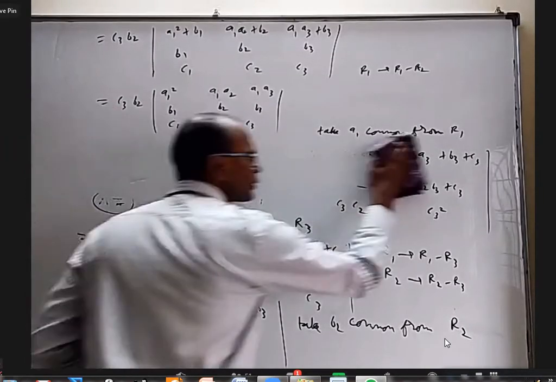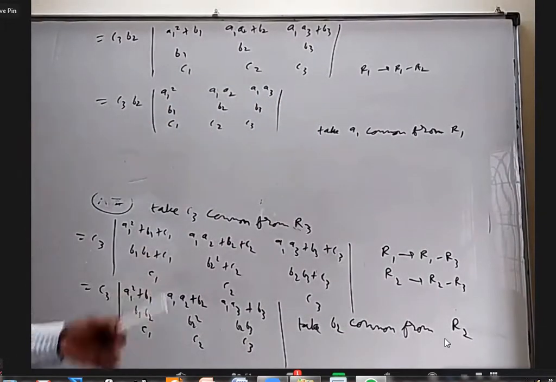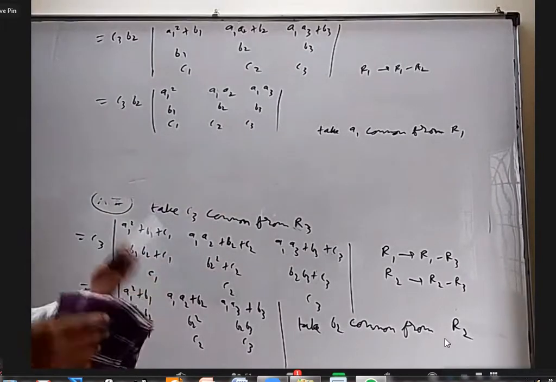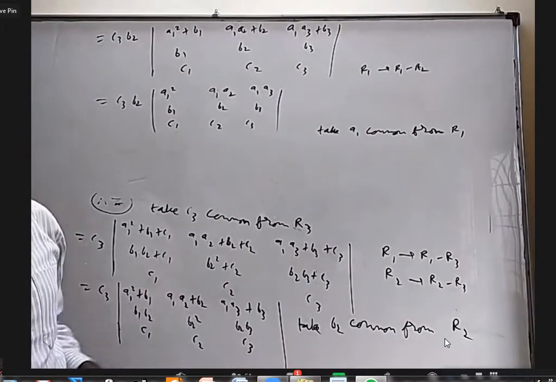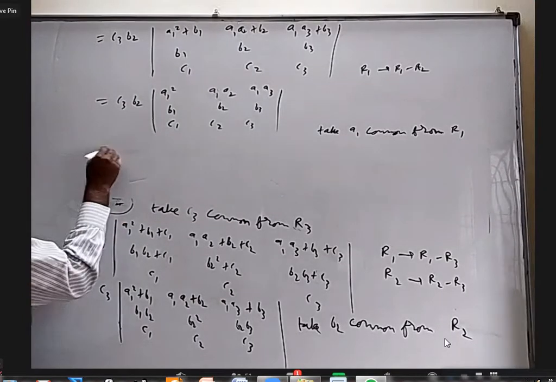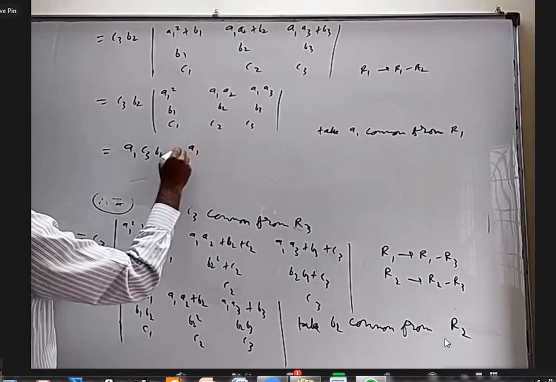Sir, the second method is a little bit long, I think. Yes, but it is easier to understand than the first method, because of dividing by C3 and all. I want to discuss method 2 as well as method 1 because even though it is long, at least we can see nicely what is happening one by one. No problem. This is A1, C3, B2, because I took A1 common.